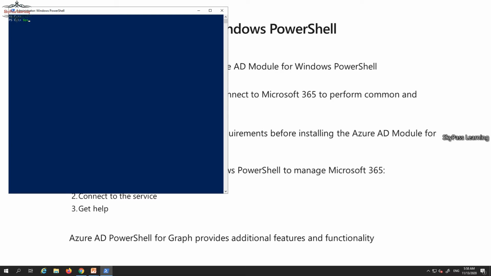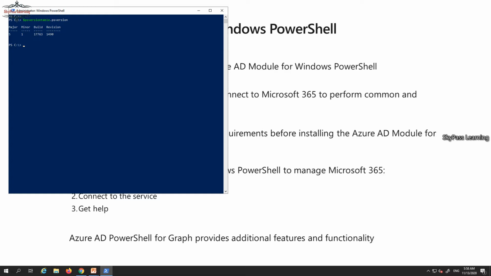So I'm just going to type $PSVersionTable and check whether my PowerShell is compatible or not. Okay, I have version 5 installed here, so I can go directly for the installation.